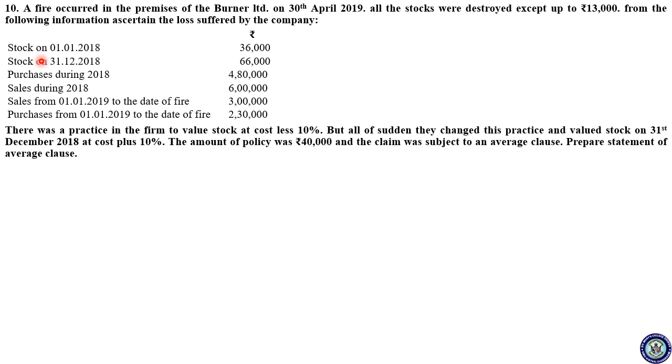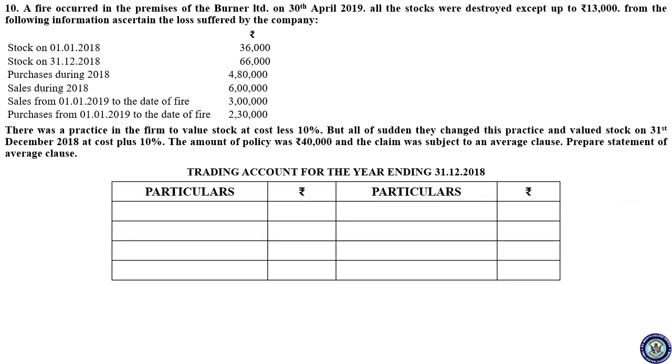Okay, check your answer. So you have to prepare the trading account for the year ending 31st December 2018, because that is the closing date of the previous year. Before that you have to make note of points. One, there is a practice in the firm to value stock at cost less 10%. Earlier they were valuing the stock at cost less 10%, but suddenly they changed the practice and valued the stock on 31st December 2018, that is the closing date,